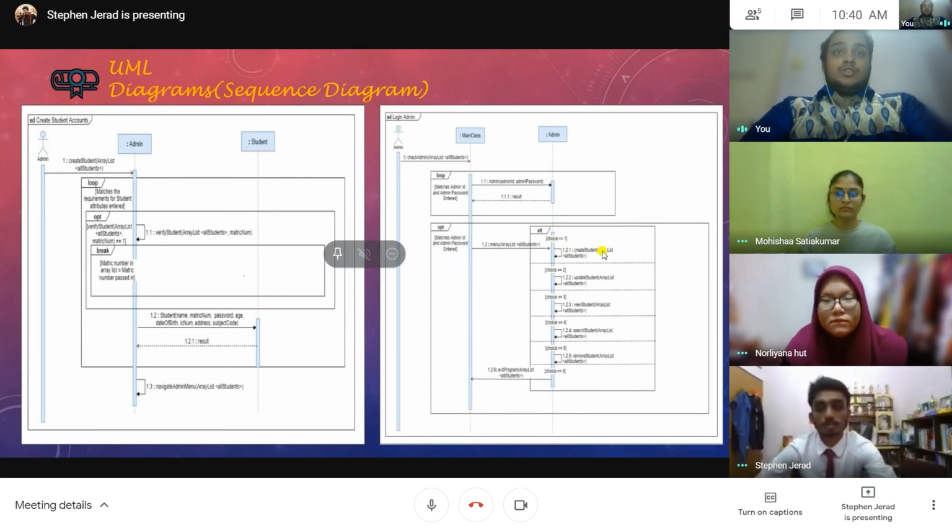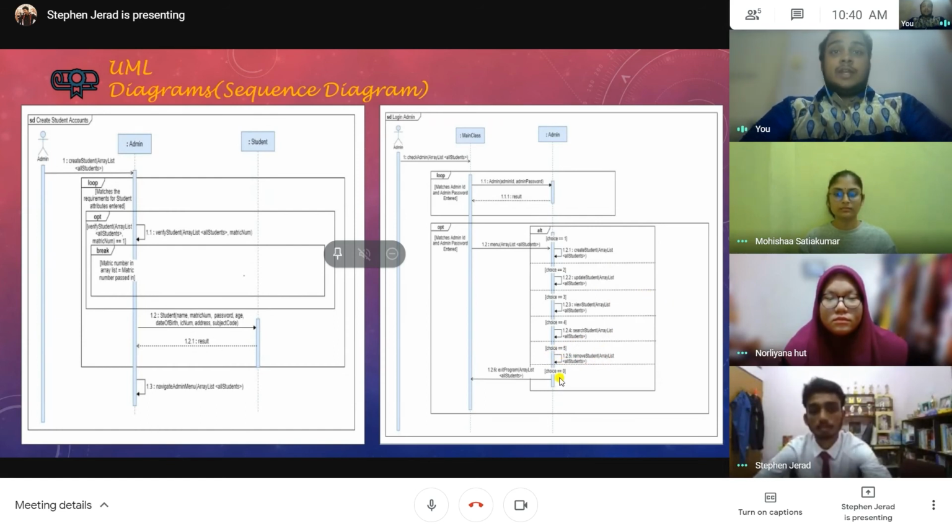When the choice equals 1, we call create student account. When the choice equals 2, we call update student. Choice 3 is view student account, choice 4 is search student, and choice 5 is remove student. All of choices 1 to 5 receive the all students array list as a parameter.